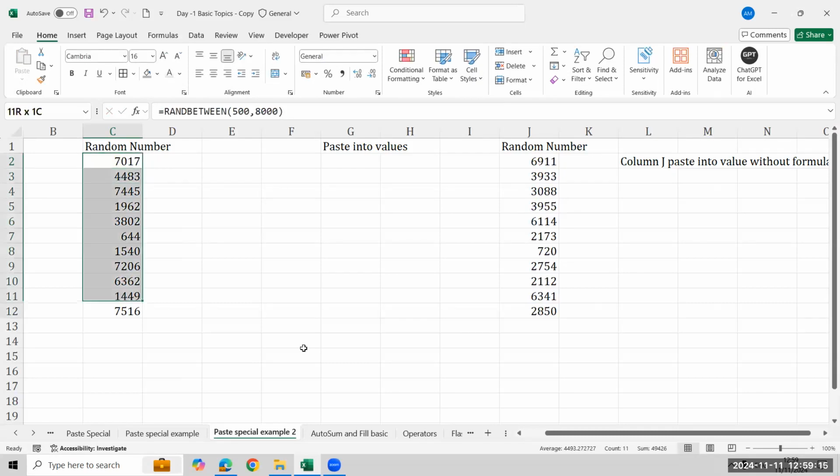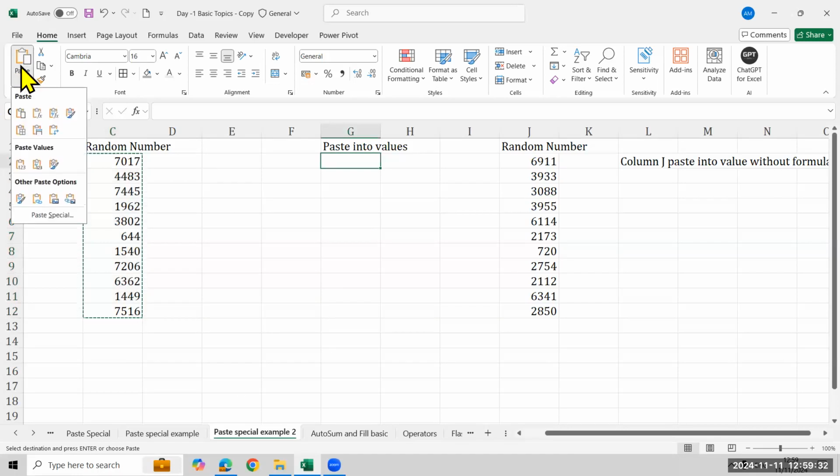To remove that formula, we will copy the data. Listen carefully, then you try. Don't be in a hurry. You guys are in a hurry, I guess. We have till 1 hour. Don't worry. Select the range, copy, and then select the cell, format, home tab, paste, and then you have